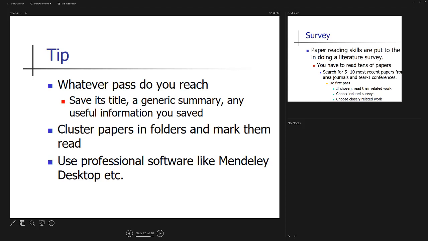Cluster papers in folders and mark them red. How to cluster? Try to cluster them in folders and subfolders, for example, virtual machine migration, abusive language detection, or whatsoever. Then, for example, in abusive language detection, someone has used machine learning techniques, another has used expert systems, someone else may have used fuzzy logic or something like that.